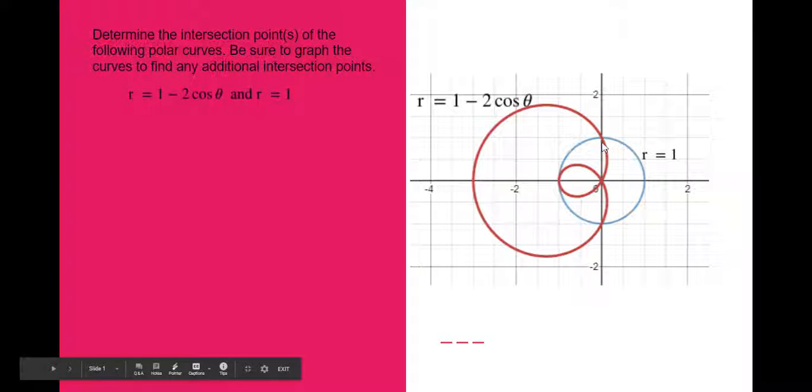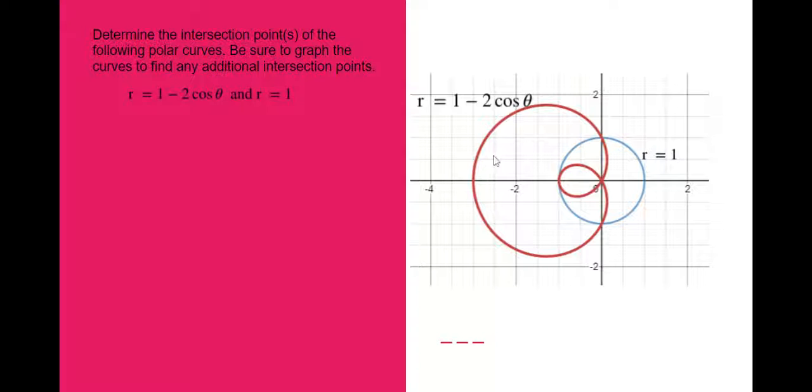So today we're going to be finding the intersection point between two polar curves. Here we have, on the red curve, an inner loopy limacon facing the left, and the blue curve is a circle of radius 1. We're going to start off by setting these two equations equal to each other, and then moving over the 1,